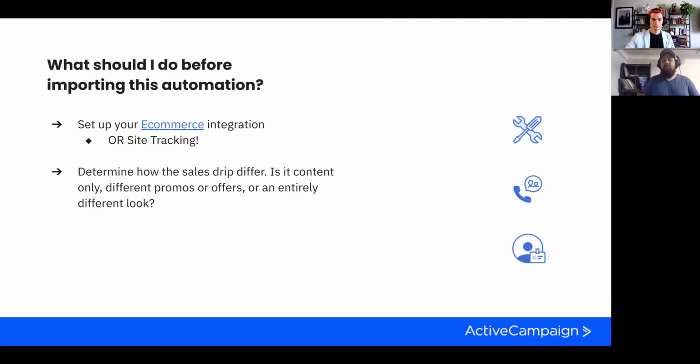Two, determine how the sales drip differ. As we've talked about before too, is it only the content that changes? Are there different promos or offers going on? Is the timing different? Is it an entirely different look? Or for our focus today, is the email subject lines, how different are they? Is it just rewording? Is it a completely different vibe? And one thing I always like to call out too, you can make it as small as the from name and the from address, because those people will respond differently too,